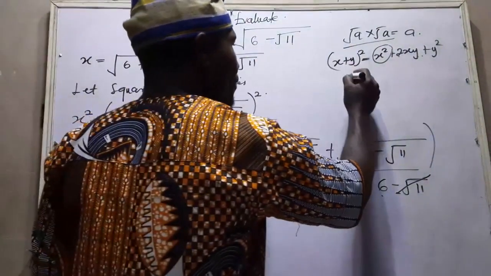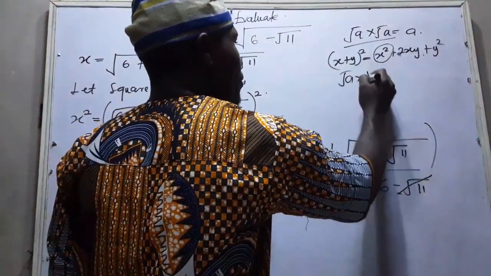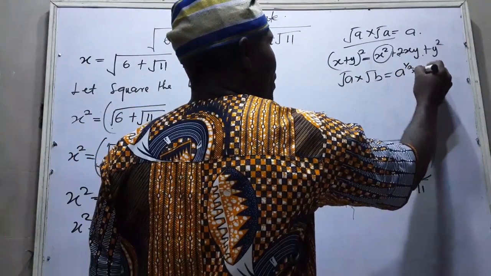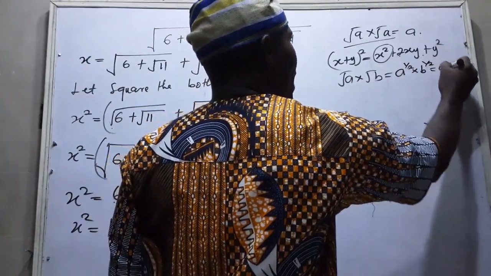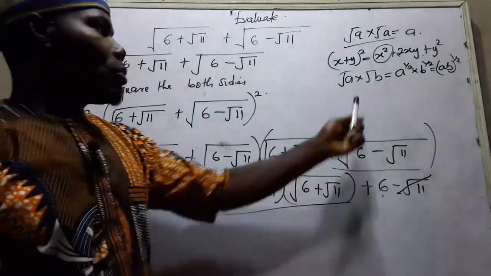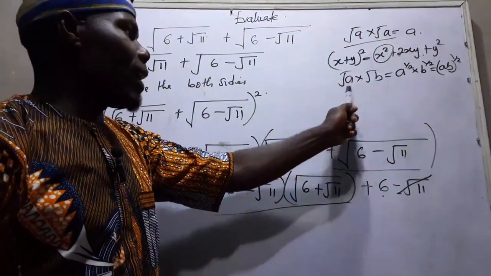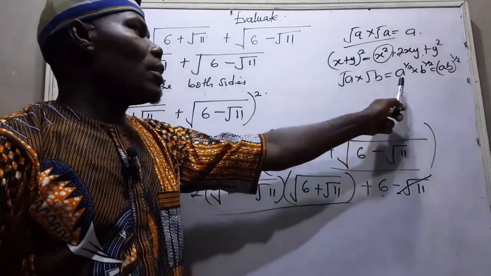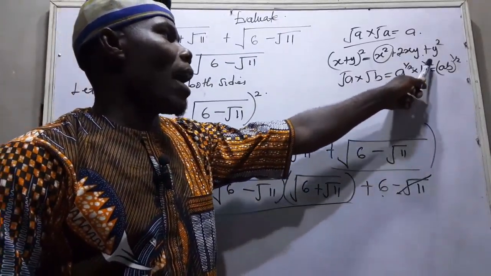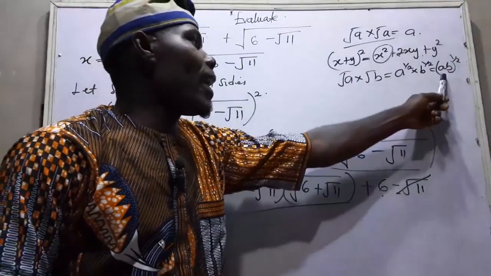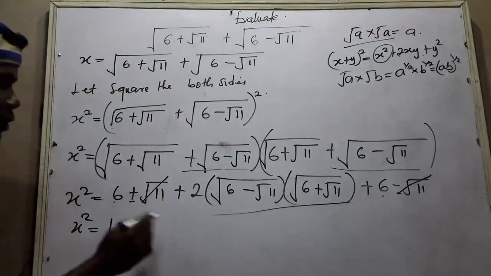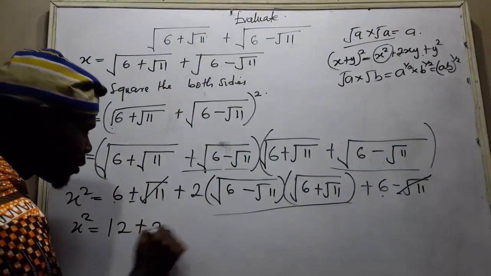If we have root a times root b, the same thing as a raised to power half times b raised to power half can be ab raised to power half. So this is the power rule. So let's apply the power rule that root a times root b will surely give us a raised to power half times b raised to power half. So meaning that ab all raised to power half. So this will now give you plus 2